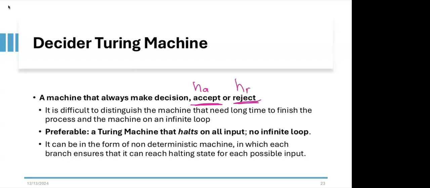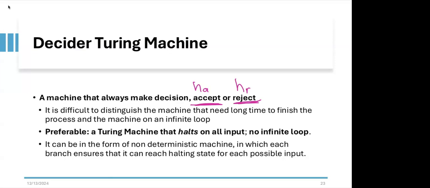It is difficult to distinguish a machine that needs a long time to finish the process from a machine in an infinite loop, because just like a program, if it runs very long, there are two options, right?